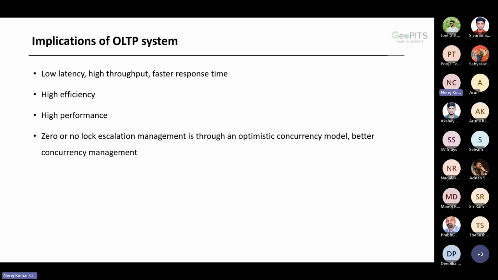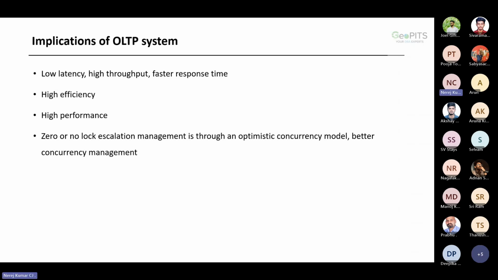Low latency and high throughput first. In-memory OLTP brings several implications and advantages to database management in terms of low latency and high throughput. Using this, we can store and process the data in the system's RAM, eliminating the need for disk IO operations. The absence of disk IO results in significantly lower latency and higher throughput for transaction processing,